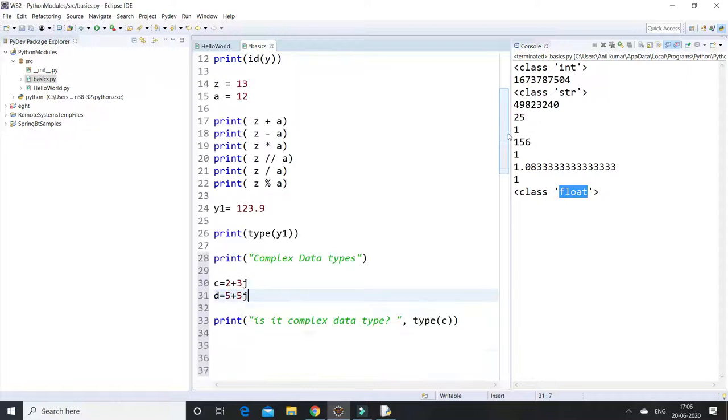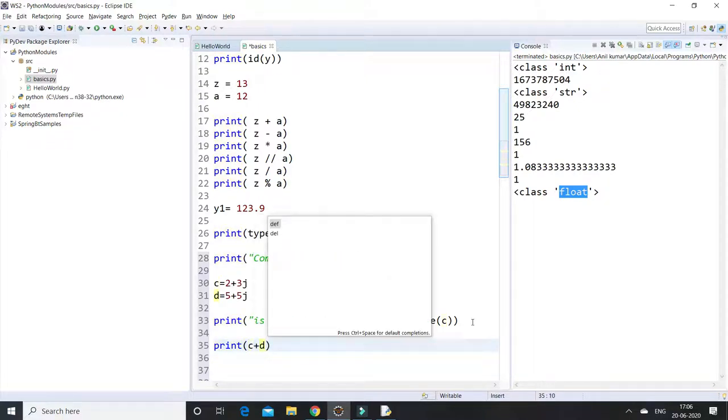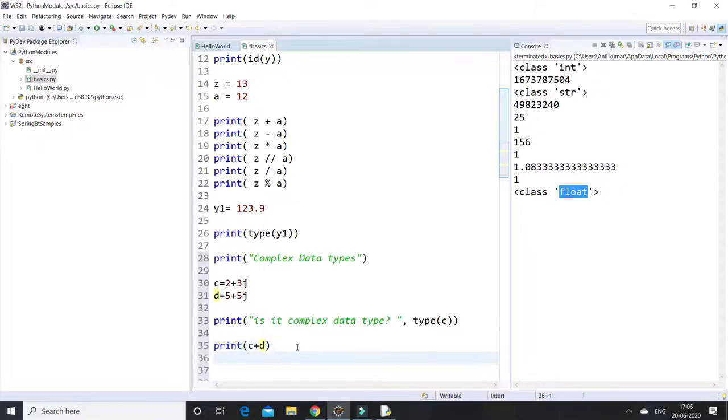We can also do some arithmetic operations on complex data types. Print c plus d, c minus d and c star d.